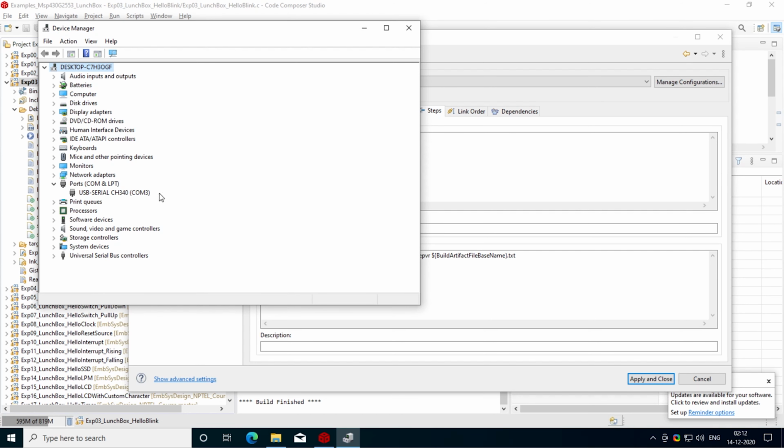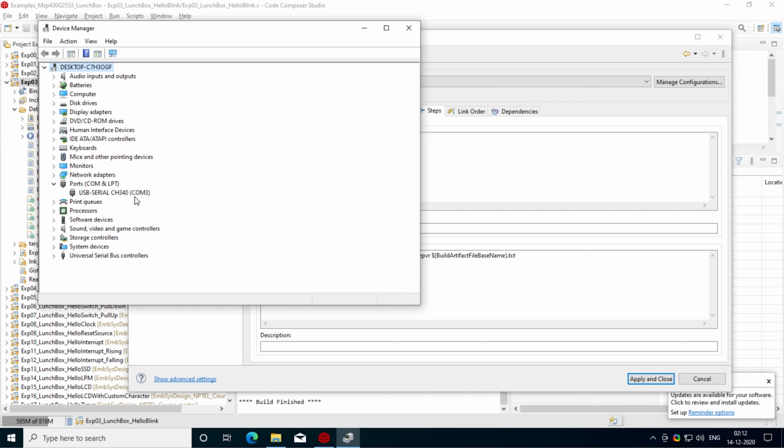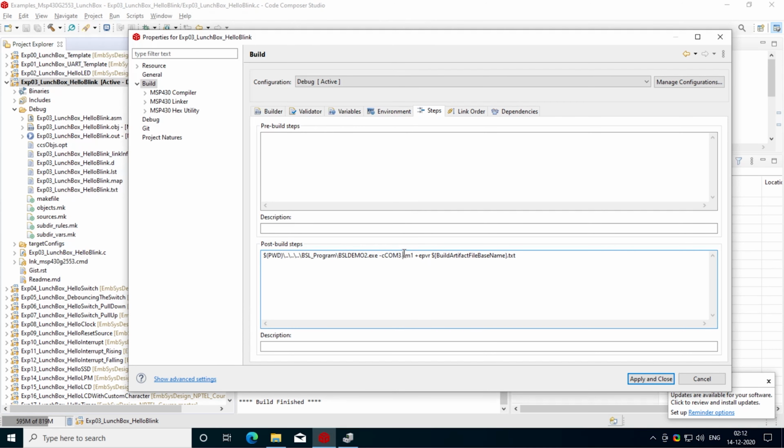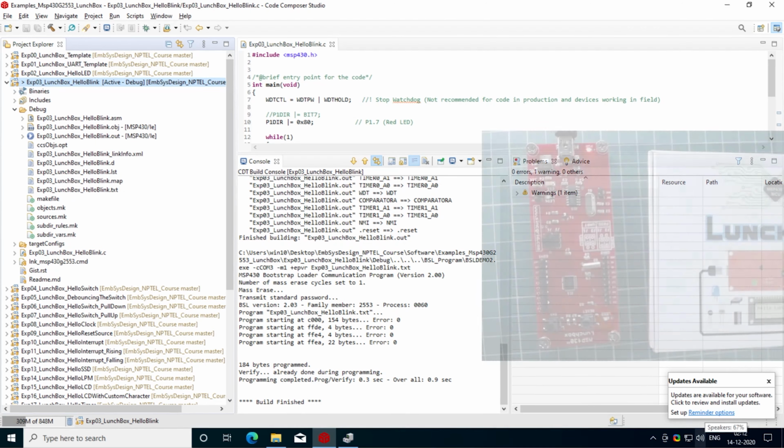This number is the same, so there is no need to change over here, but in case some other number is shown over here, then you have to change the option to that number. Thereafter you have to just apply and close.